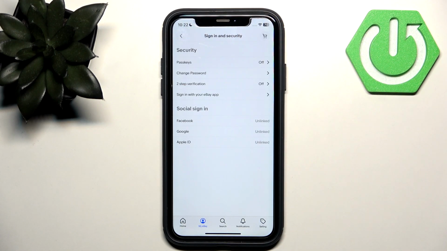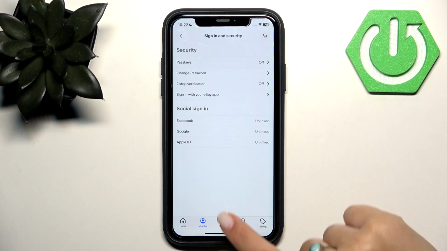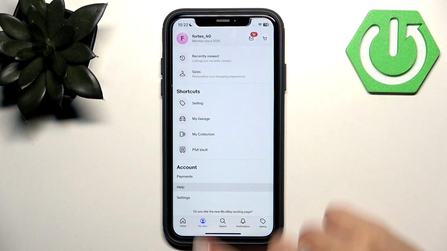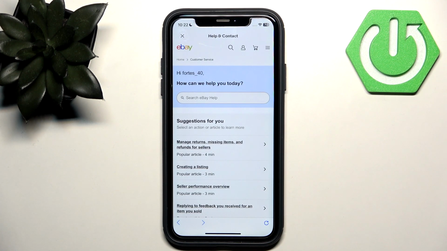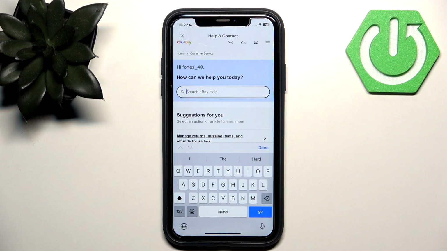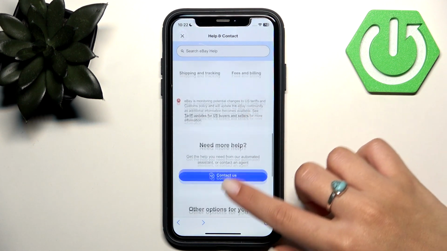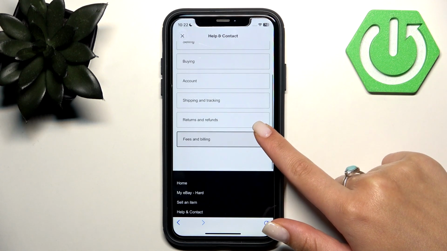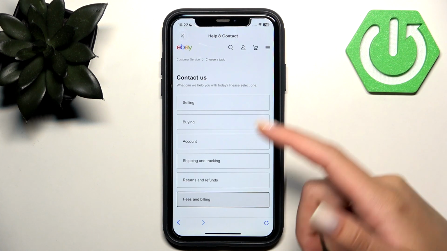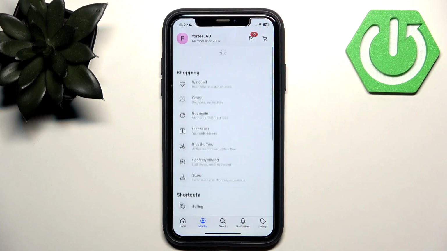But if you still cannot recover your password, go to Help and Contact Center. Here again, My eBay, and here you see the Help section. So this is Help and Contact Center, and then search in the searching field, Recover Account. And tap the Contact Us button. But of course you can scroll to the very bottom until you see this Contact Us button, and here describe your problem. So just simply follow all the steps,